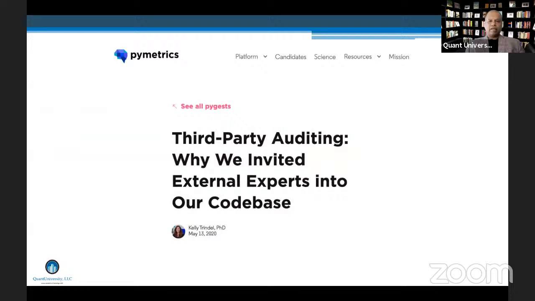And the third one I looked at was, there's a lot of interest in the context of third-party auditing. The company Pymetrics actually had a consulting engagement with a couple of researchers at Northeastern University, and had them review their algorithms, and they got an external opinion on how their models fare with respect to specific aspects like fairness, etc. So you're seeing a lot of efforts in the context of self-policing,